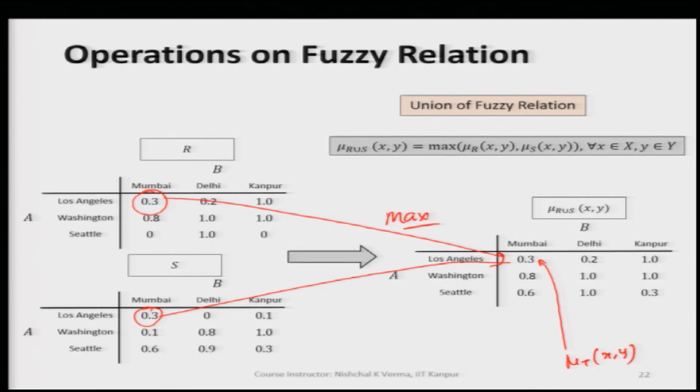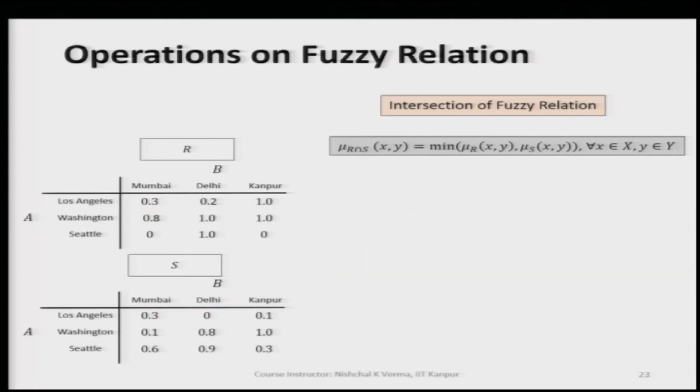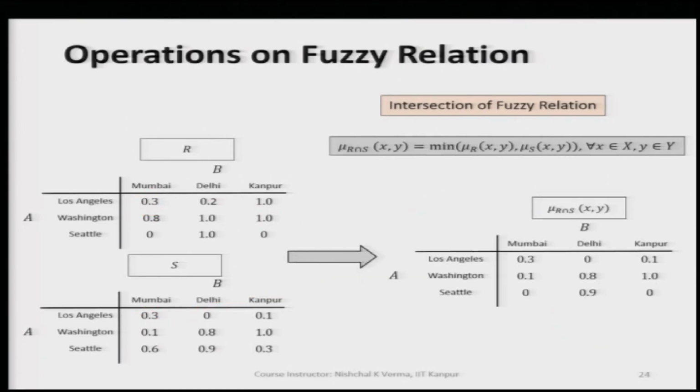So, all the elements of mu T can be computed by applying max very quickly, and all these have been associated along with the generic variable values as the ordered pair element like x comma y in the resulting fuzzy relation set T. So, this was the union. When we take the intersection,